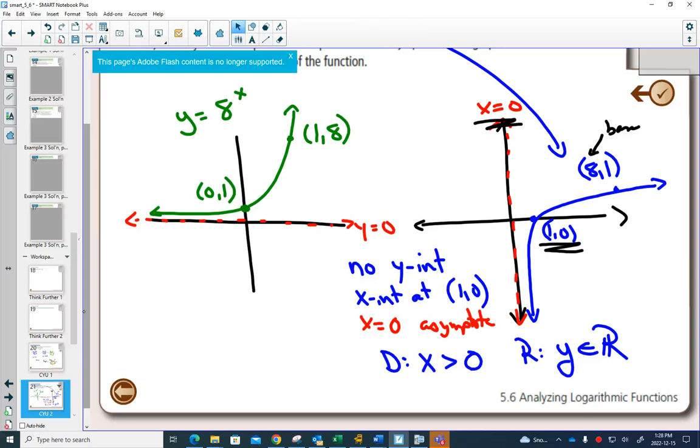So what we're going to do today is we are going to do more practicing with graphing. We are going to now have a complete review of our transformations unit with graphing logs. So we have a log graph. We're going to stretch it vertically, horizontally, reflect it, move it to the left, move it to the right, move it up and down, and draw the new graph. You can certainly question 7a